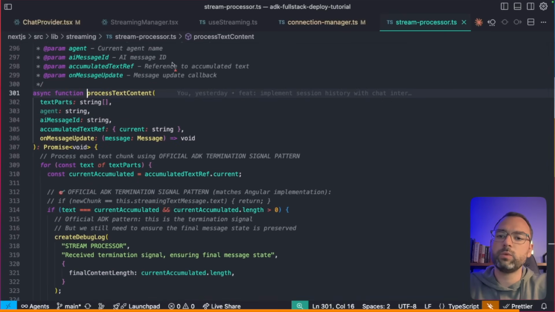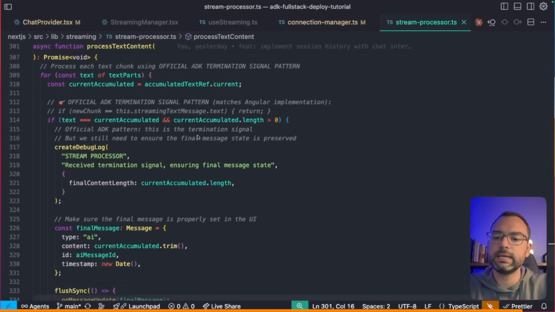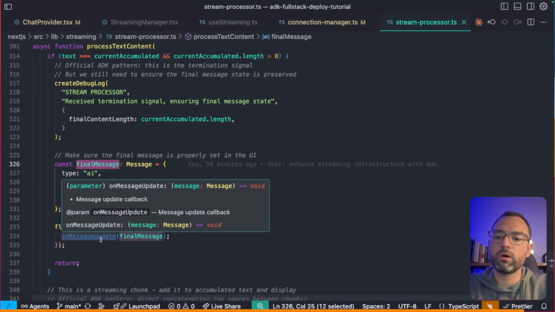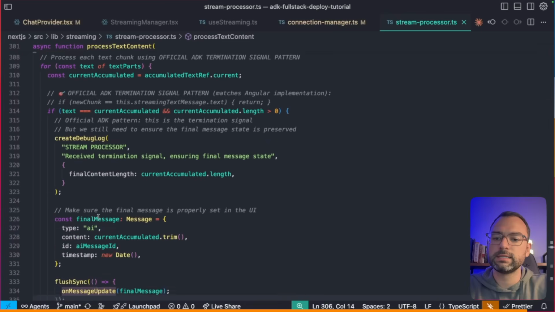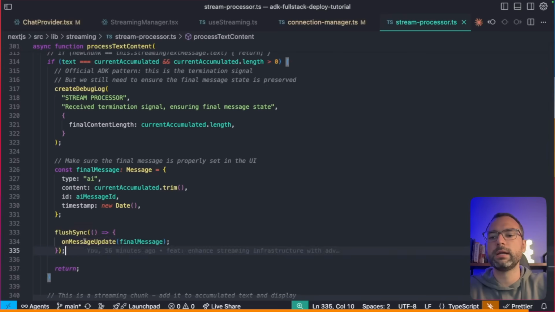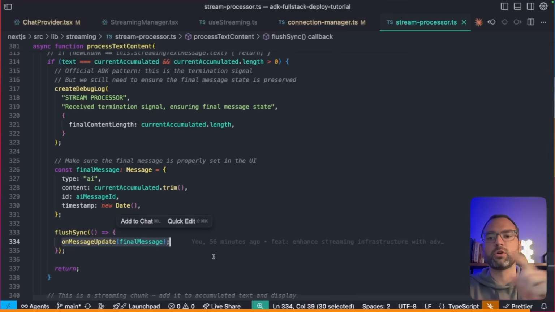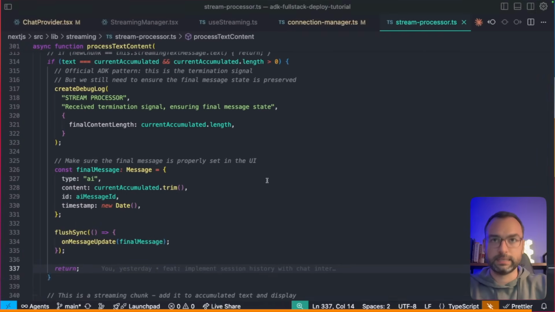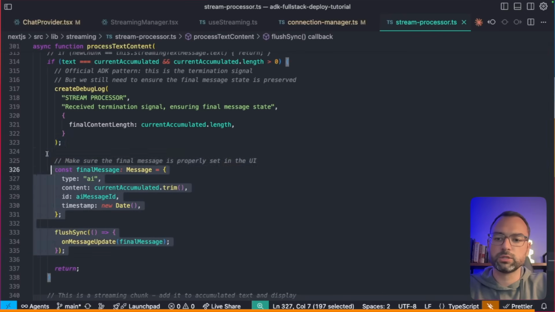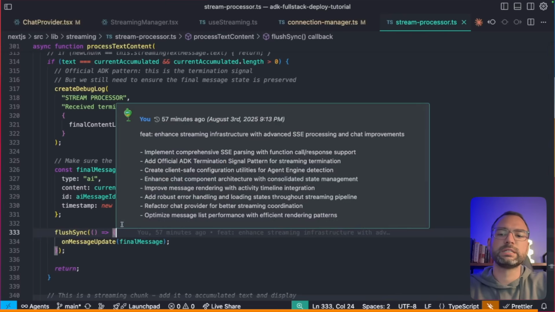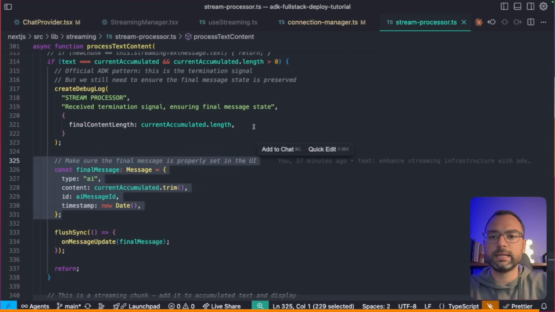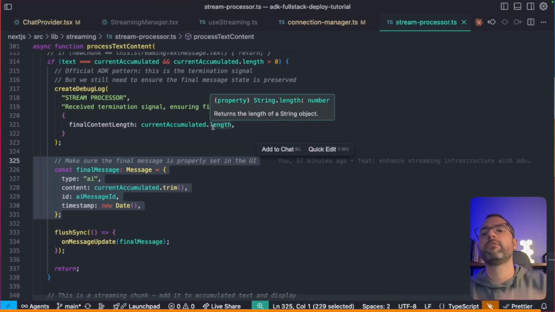It is as we get raw text chunks, we want to start updating our front end. So you can see as we get messages, we want to call the onMessage update hook. And the onMessage update hook, all it does is that webhook that we had set up earlier, it just adds the new message, the new final message over and over and over again to get that streaming effect. So is this complex? Yes, but thankfully all of this logic I've already built, so you could just literally copy the code in and it just works. And the main thing is you would just play around with ADK and the rest of it would just work for you. So long story short, that is everything when it comes to locally sending messages from your NextJS application